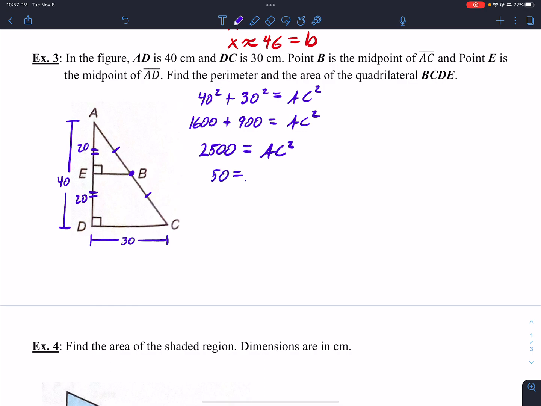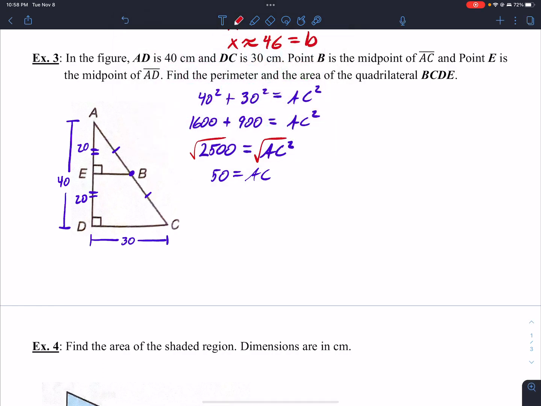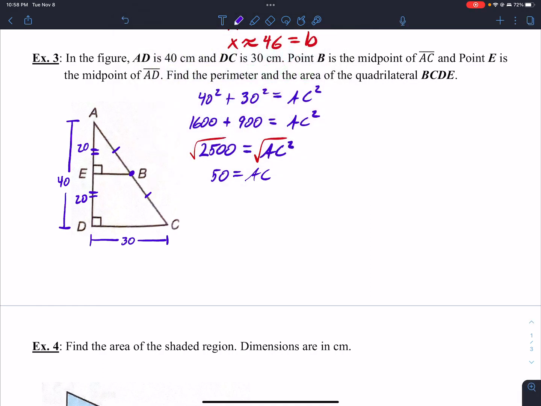So 50 equals AC. Of course, if you can't do that in your head, what you can do is take the square root of both sides. So AC must be 50. So if AC is 50, that means this side must be 25 and this side must be 25, this little segment, because AB and BC are equal. All right? So then we move on to